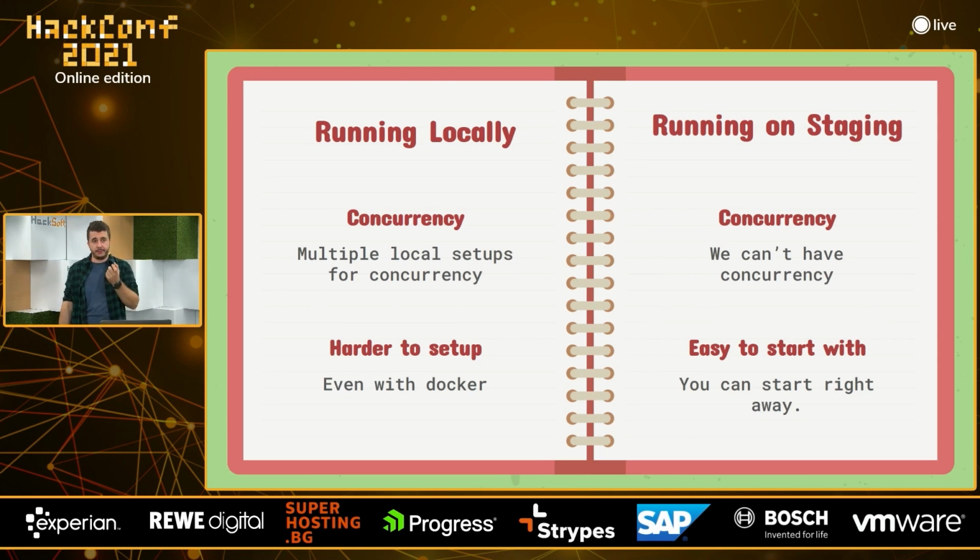About concurrency, if we have one environment that we are running tests on, that means that if someone is running tests, then no one else can be running the same tests or any tests. Why is that? Again, because we have a shared database. And if one test is dropping the database, creating some things, and the other test is dropping the database and creating some things, again, this is not any good. We don't have true multi-tenancy, so you cannot create something only for a given event. Things are kind of shared between events. So there is no way for us to run tests in parallel if we are using staging.